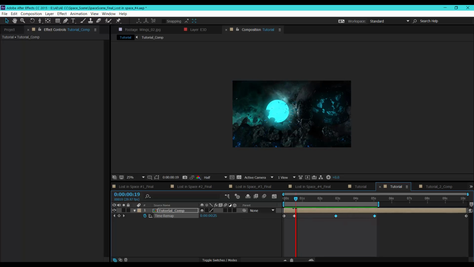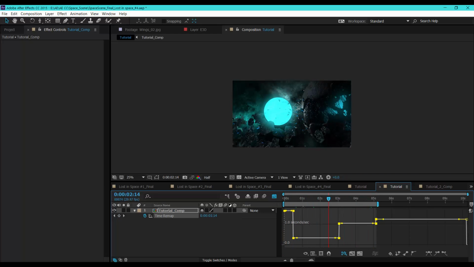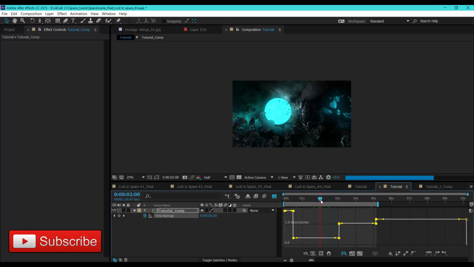Okay, looking good. And you can move this keyframe a little bit more. Okay, now let's select all the keyframes and go to the graph editor. So this is the best way to achieve your desired camera animation.